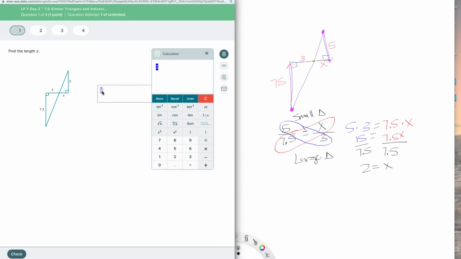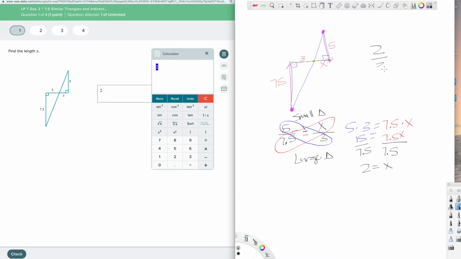So we'll go ahead and do 2. 2 is not the multiplier. I don't want you to think that. 2 is actually the length of x. So if we wanted to know what the multiplier was, we would have to reduce either 2/3, which actually is reduced. That would be the scale factor, 2/3, which we could reduce 5 and 7.5 the same way by taking 5 and 7.5 and taking the decimals out. So if I move this decimal over, I'd have 75. I have to move this over once because I moved that over once. So I'd have 50 over